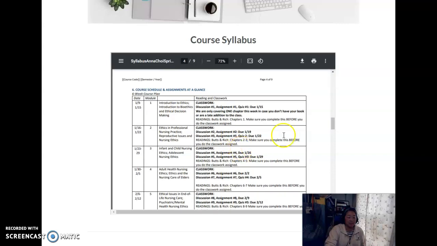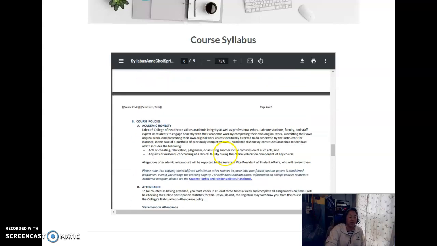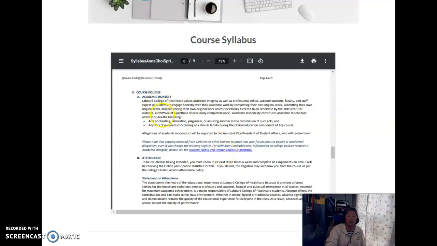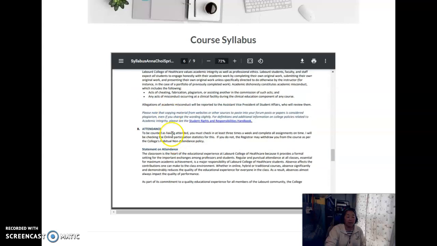Here's the grading system. I would say that out of the syllabus, this is the most important part, which outlines week to week what is happening, and that's also labeled underneath the modules in the main course page. And then these are the descriptions of what those things are: what's a discussion, what's an assignment, etc. And then of course we have course policies that I would love for you to read very carefully. Policies on academic honesty, attendance,